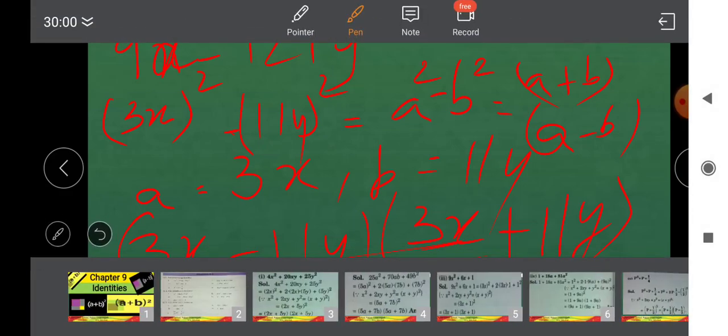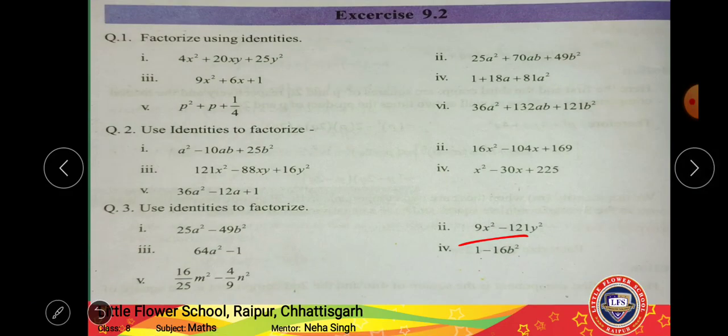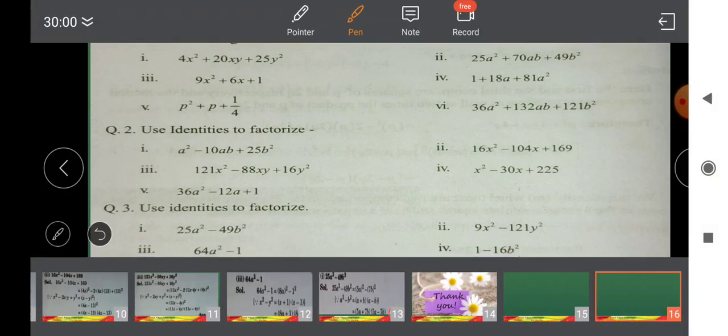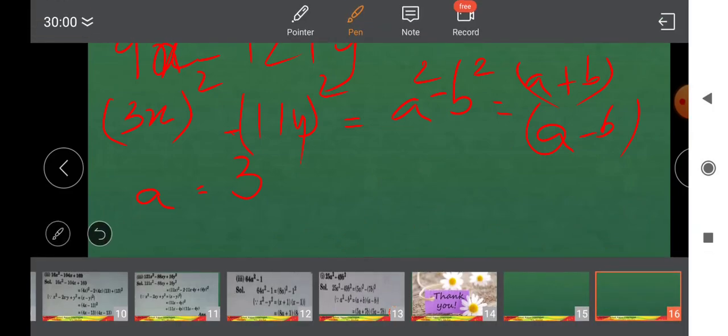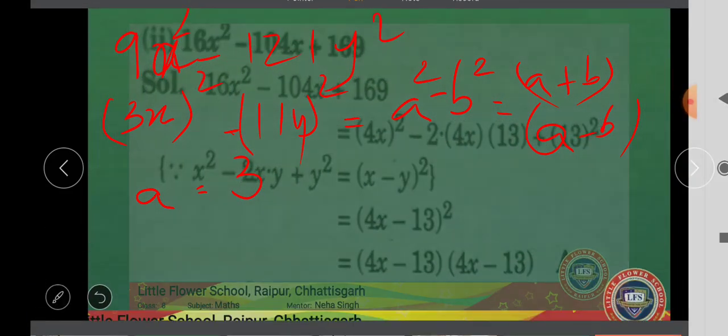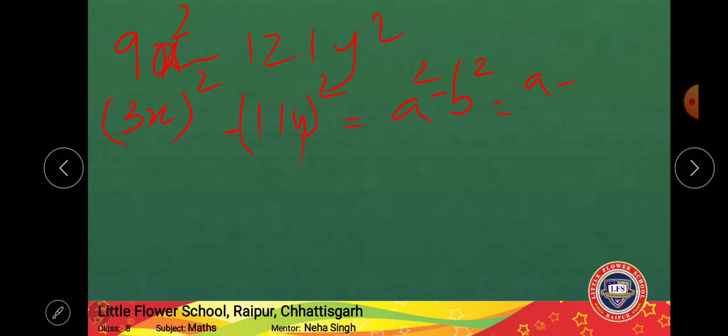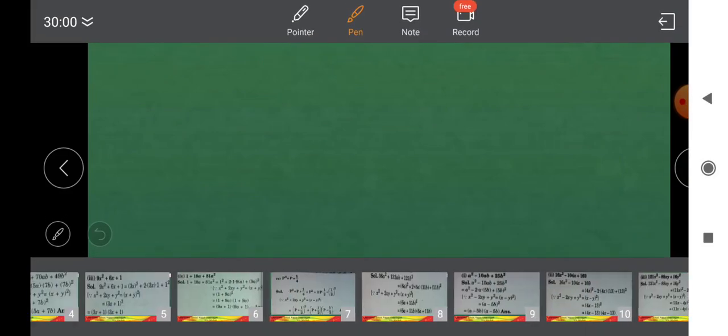So like this, step by step you are going to solve. Rest. This question will be your homework. See, this 16 will be 4 square and 1 square. This is the last question we'll be solving. 16 by 25 m square minus... see, all the questions are of same type, right? Whatever questions we are dealing now, all are of same types, only the values are different. So 1 or 2 questions you will solve and rest you will practice it on your own. And if you are not able to solve, you will refer the video.